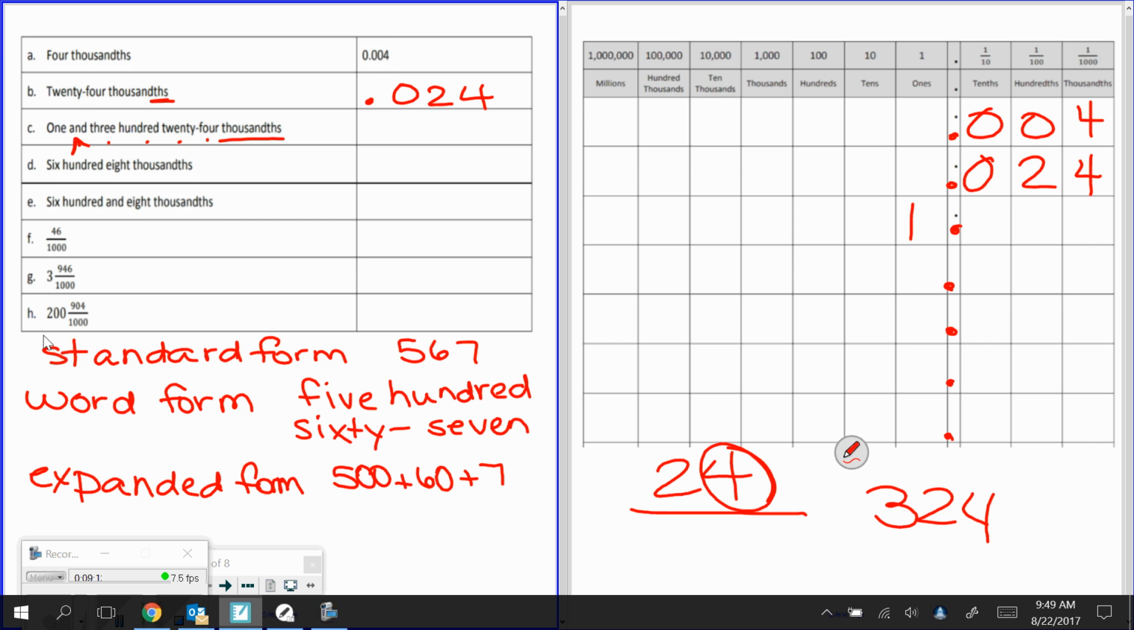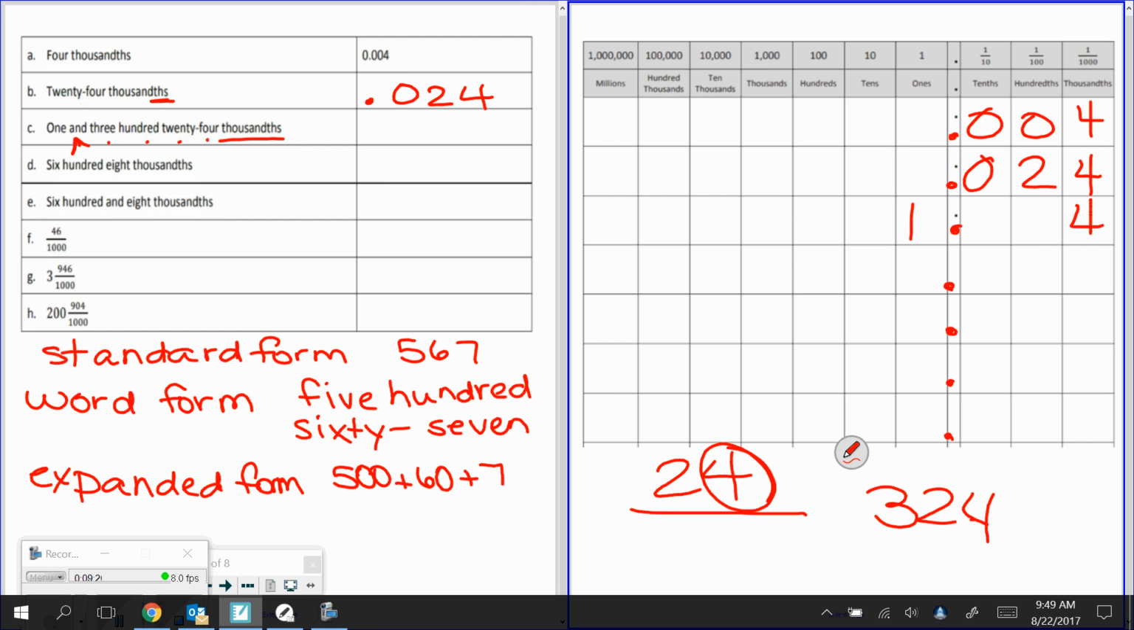324 thousandths. So where's my last number having to end up? In the thousandths. My last number is 4. So my 4 has to end up there, and it's 324. 1 and 324 with the 4 in the thousandths place. 1 and 324 thousandths. You need to start practicing when you see decimals, saying them correctly, not